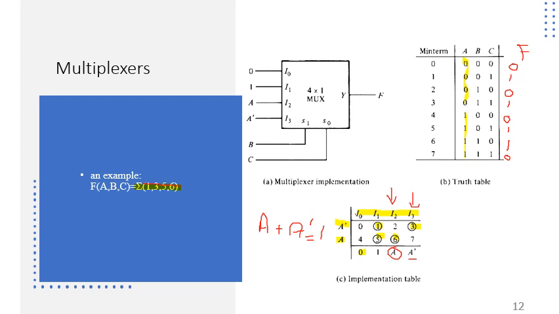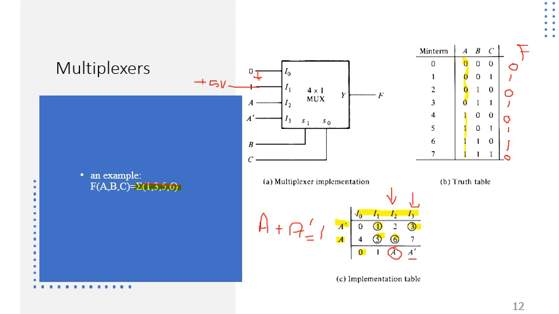For the first channel, we're going to ground this channel to give logic 0 permanently. For the second one, that is I1, we're going to connect it to plus 5 volts, or whatever the standard you are implementing uses to represent logic 1. So I'm going to connect it with plus 5 volts for the TTL standard. I2 is connected with A and I3 is connected with A prime.